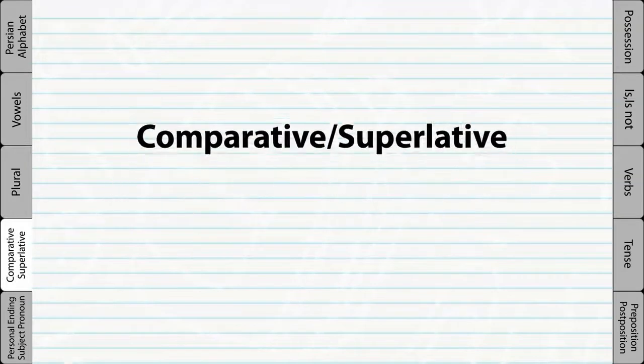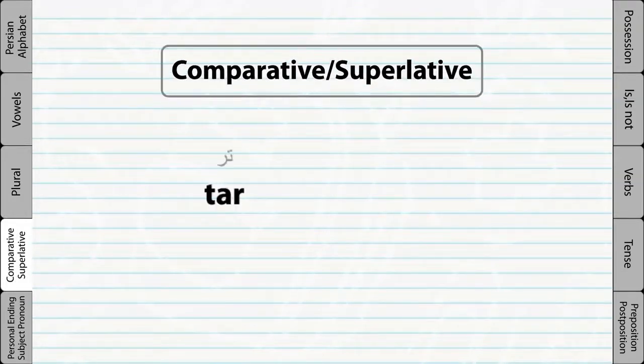Comparative and superlative. By simply adding tar at the end of the word, we make the adjective into comparative, and by adding tarin at the end of the word, we make the adjective into superlative. For example,